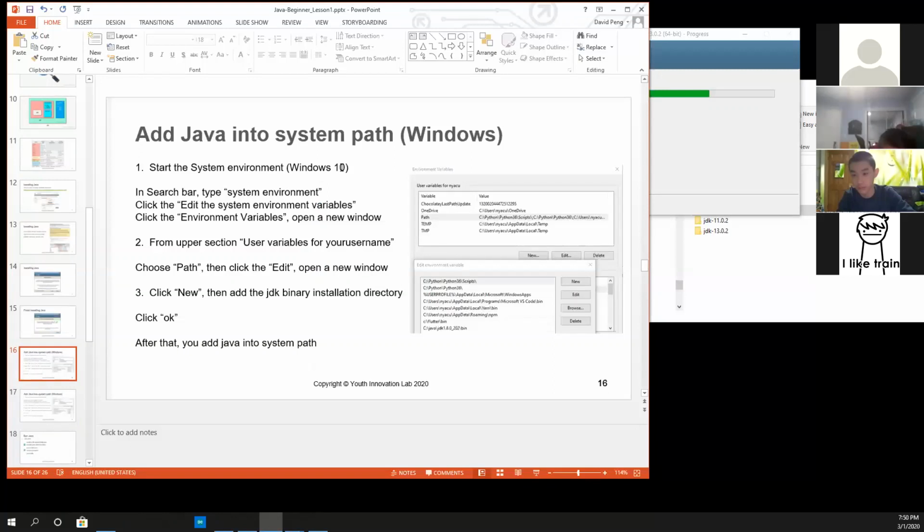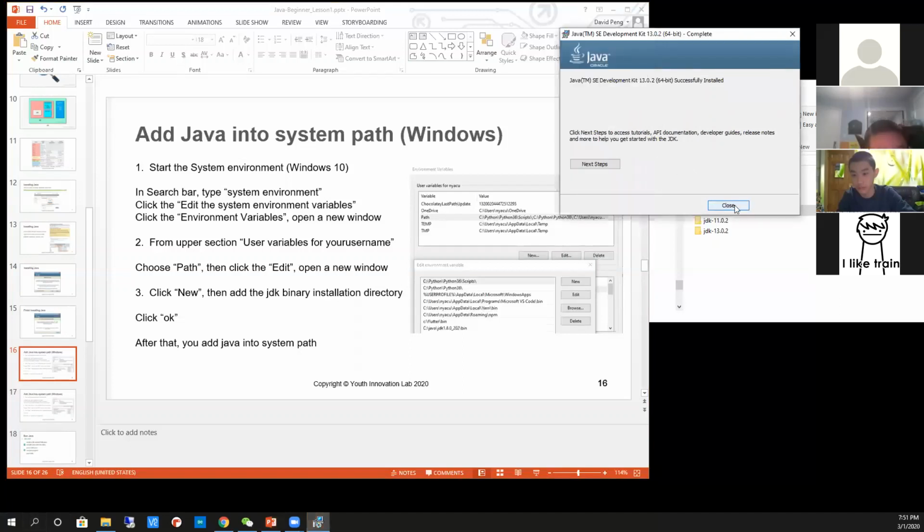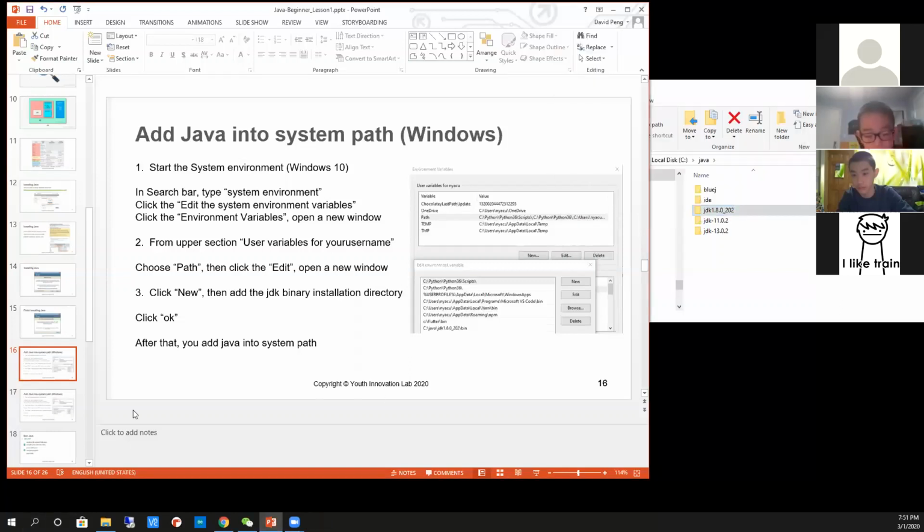So for me, this is Windows 10. In case you use Windows 7, you have a slightly different interface. Okay, so in the search bar, so here is the search bar, right? And you can type the system environment. Okay, this is done. Great. So it's much faster than what I thought. Okay. So in this search bar,